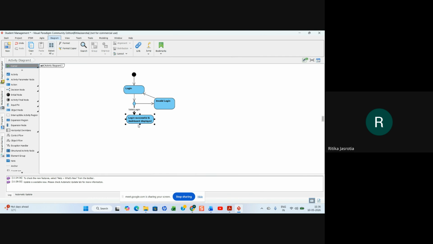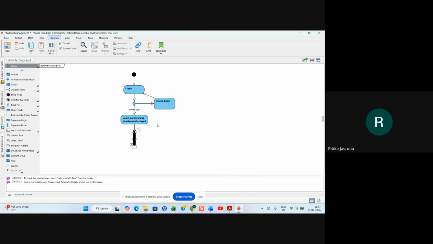So now you can select the activities. What are the different activities which you can select? Merge node. We will take fork node.